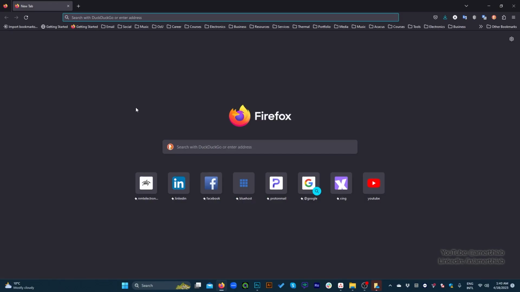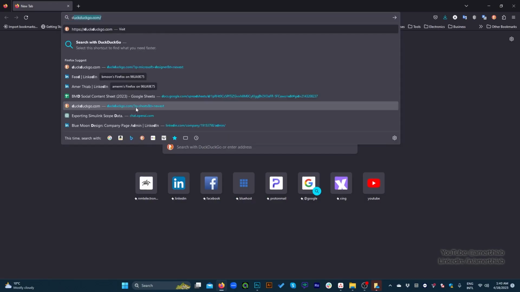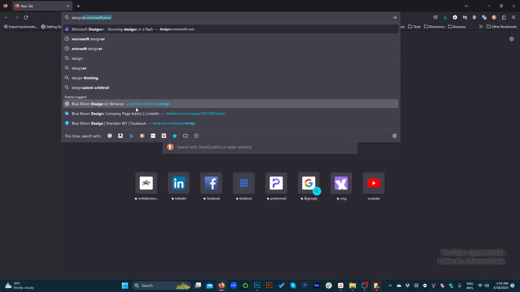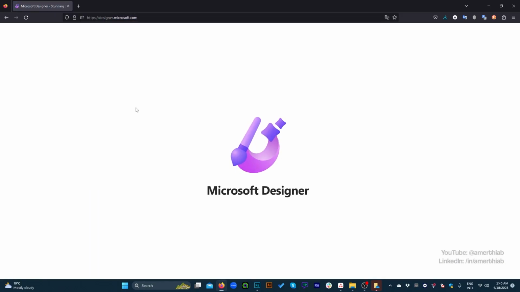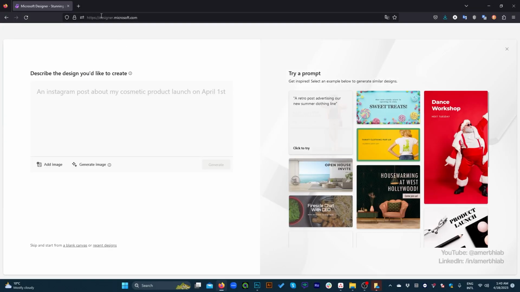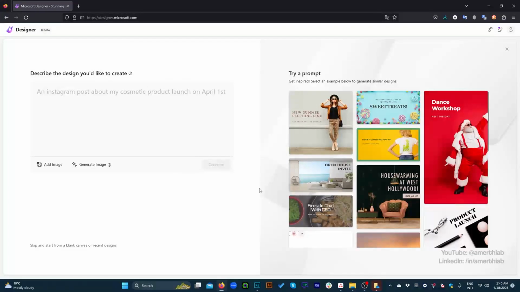Alright, so let's get started. To access Microsoft Designer, we should go to designer.microsoft or just search on Google or whatever search engine you are using for Microsoft Designer. And this is the link. You will come to this interface, which is a new design. You can describe